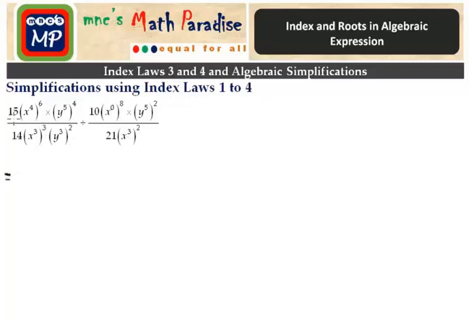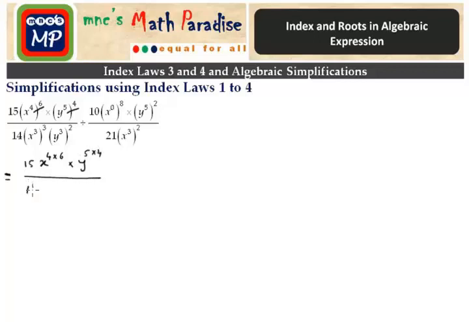So in the numerator, the first term is 15 times x to the power 4 to the power 6. Using index law 4, power on power, these two powers will be multiplied. So 15 times x to the power 4 times 6, times y to the power 5 to the power 4. That means index law 4, power on power, so these two powers will be multiplied,